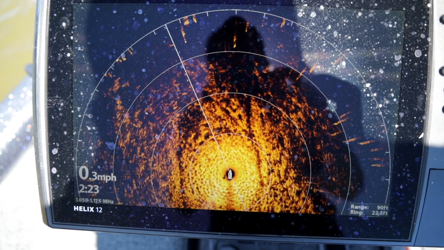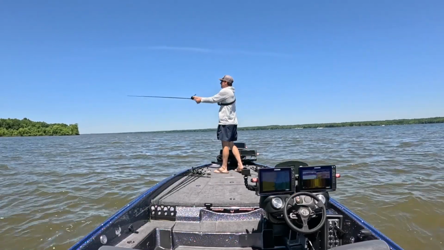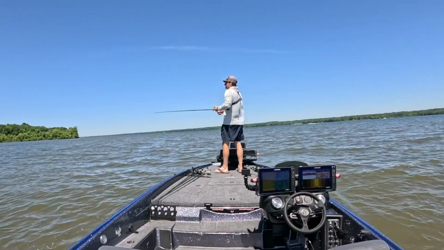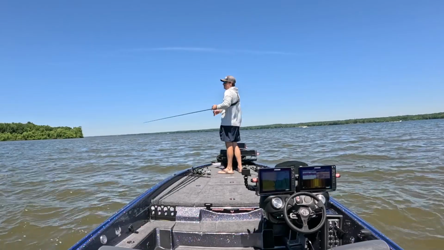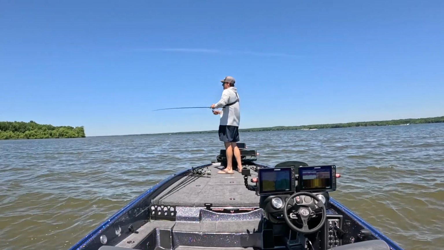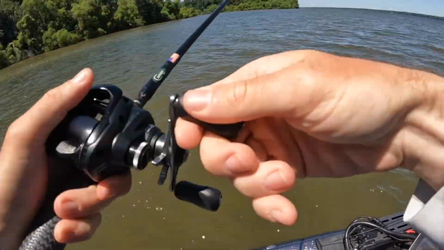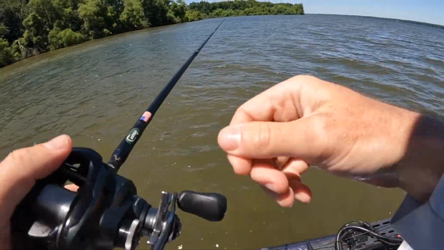So typically after I catch one, I would go down and slow down in that area, but since that was so quick, I'm gonna see if I can get any more on the chatterbait just because I like catching them on the chatterbait. So he ate that very aggressively. All I'm gonna do is fan cast my way around this area, and then if I don't get any more bites on the chatterbait,